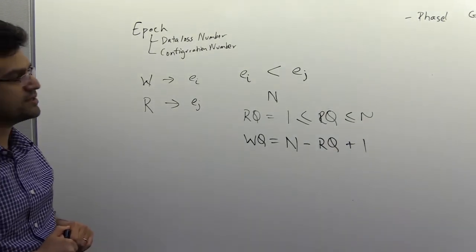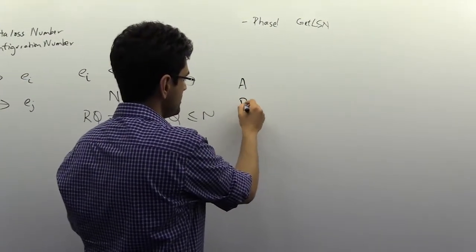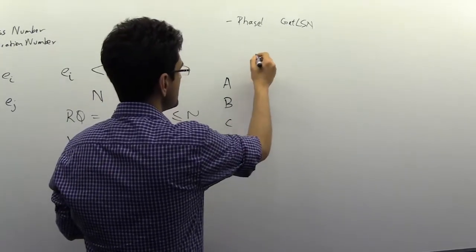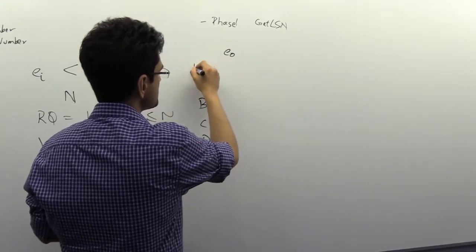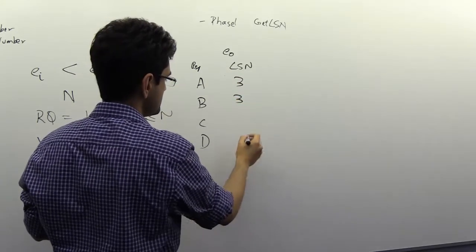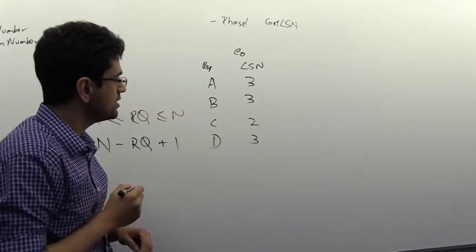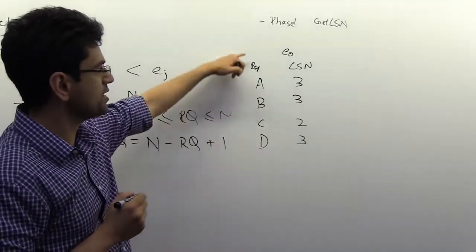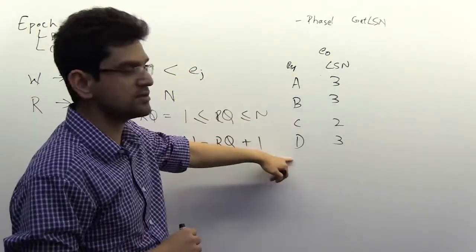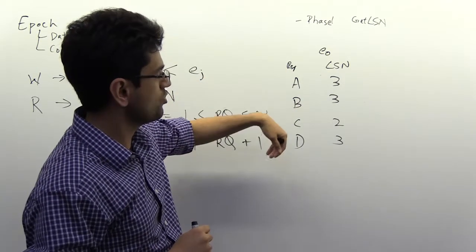Yes. And actually, I think we can talk about this with an example. So let's say you have 4 replicas, A, B, C, and D, and this is in epoch E0, and this is the replica, and this is the LSN. So you have LSN 3, this guy has LSN 2, and this guy has LSN 3. So at this point of time, since there are 4 replicas in E0, the write quorum, based on our current algorithm, is 3, because that's what a majority have, and the read quorum is 2.